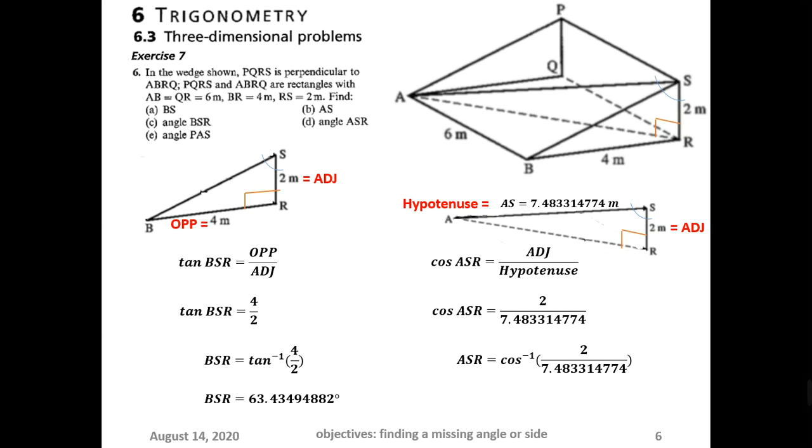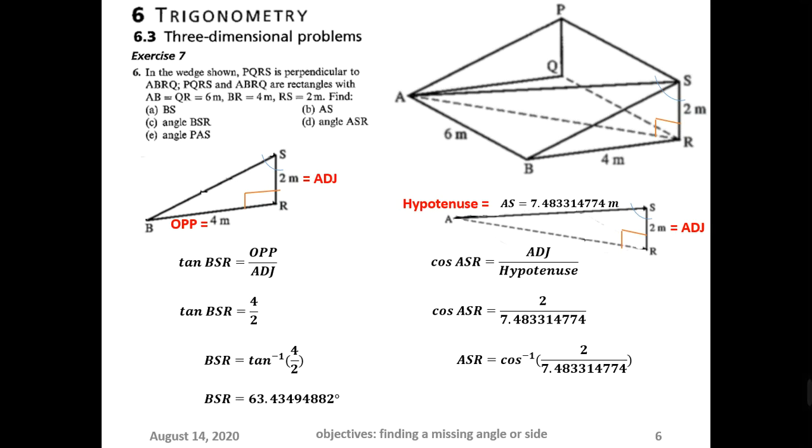So ASR is equal to cosine inverse 2 over 7.48, which is 0.3314774. Now you insert this in the calculator, and again, to get the cosine inverse, you press shift cosine and